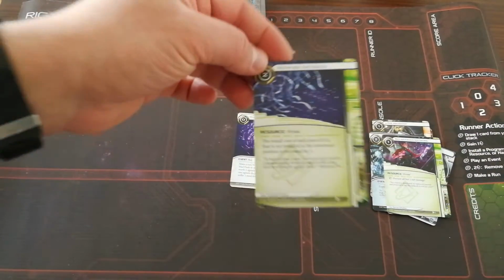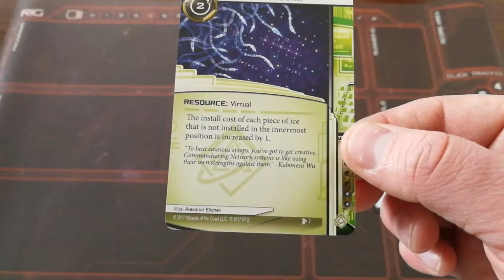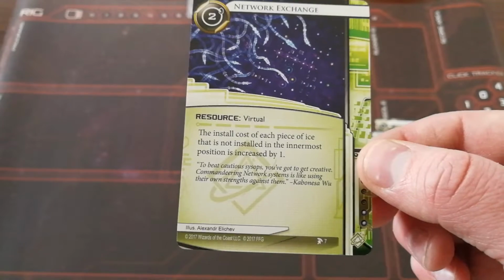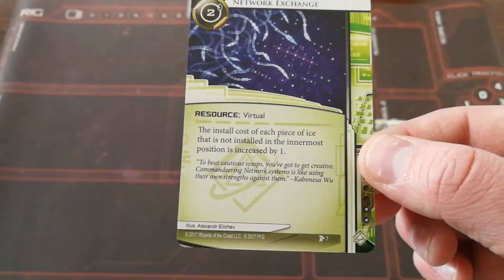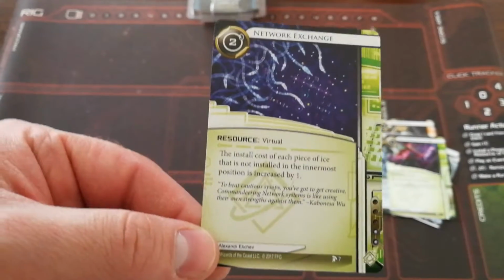Next we have Network Exchange. Cost of 2, resource virtual. The install cost of each piece of ice that is not installed in the innermost position is increased by 1. So this is huge. It is an amazing card, and I will definitely be using it, because if you're increasing